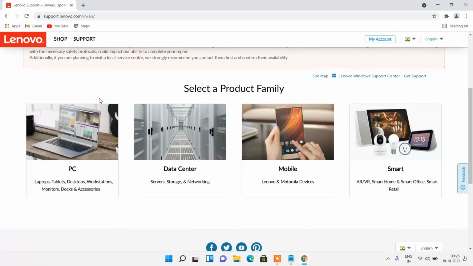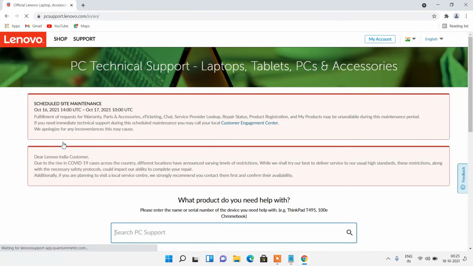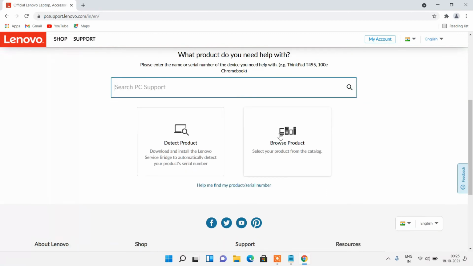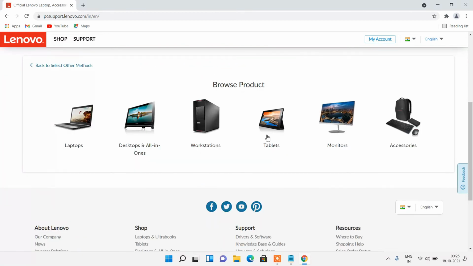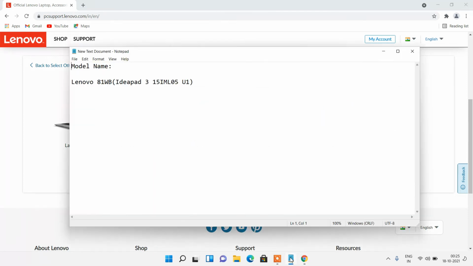Now go down and click on this view PC support. Go down, click on browse product, click on laptop, and now you have to select the series of your laptop. In my case the laptop series is IdeaPad 3.